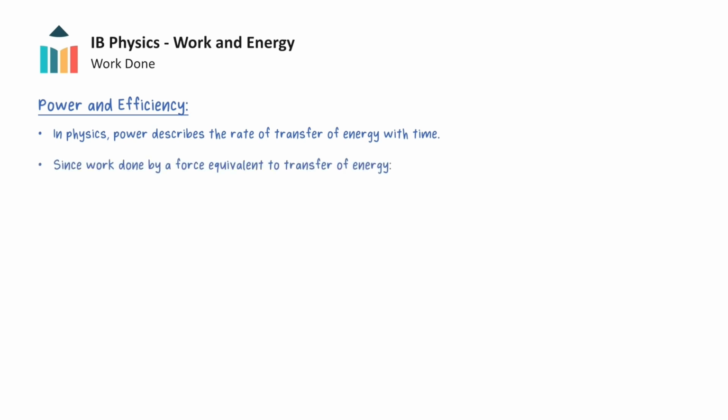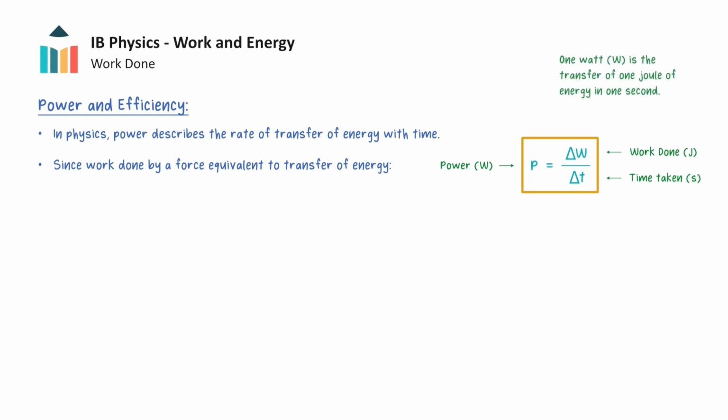When energy is transferred, we might concern ourselves with how much time it takes for this transfer to happen. The quantity used to describe this is called power, and in physics, power is a measure of the rate at which energy is transferred. Since energy transferred is equivalent to work done, mathematically, power, denoted by capital P, is equal to the work done divided by the time taken. The SI unit of power is the watt, where 1 watt is defined as a transfer of 1 joule of